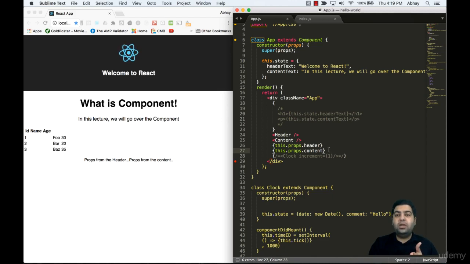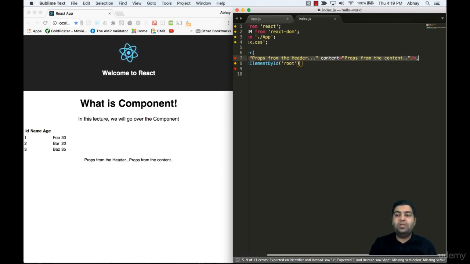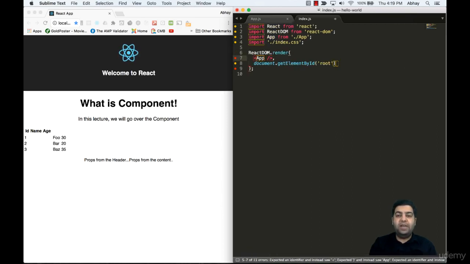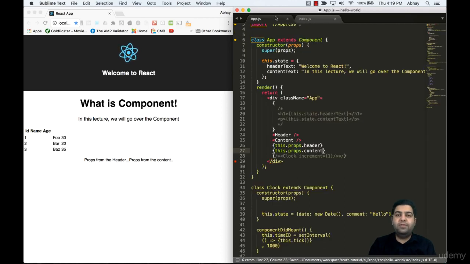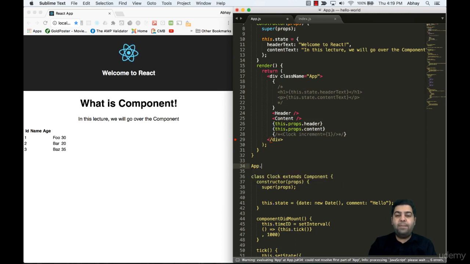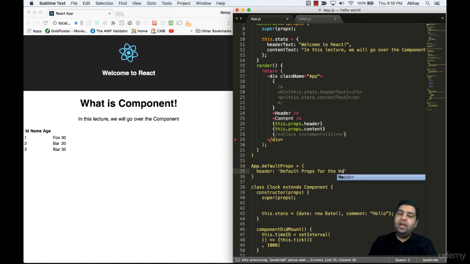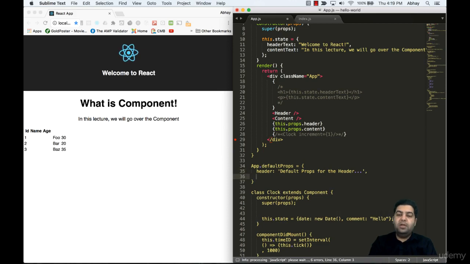What if these properties are not existing? Let's say if I'm not passing anything from the header and I need to default to something. So how do I achieve that? Well, it's very simple in case of React. The way you do it is you can just go outside the class and do an app.defaultProps, and of course you do not have to give a static, and when you give the props you can give the property as header and the value as default props for the header, comma content as